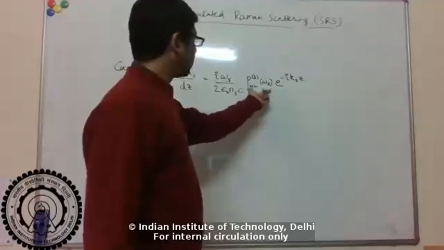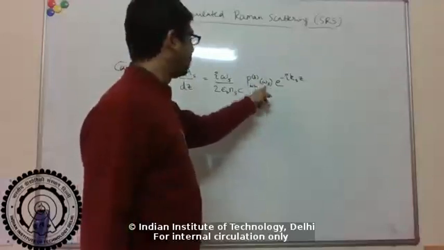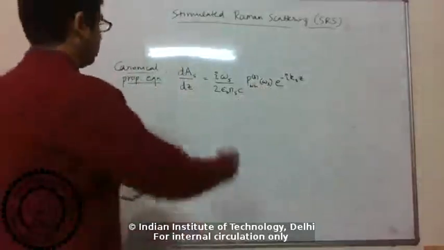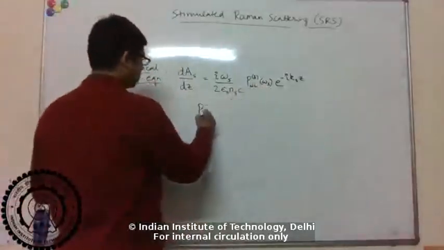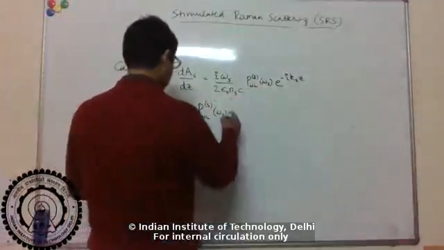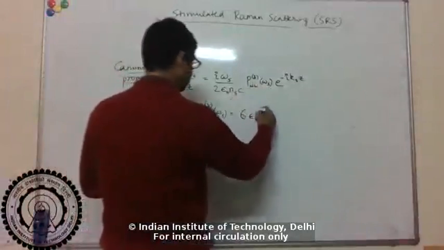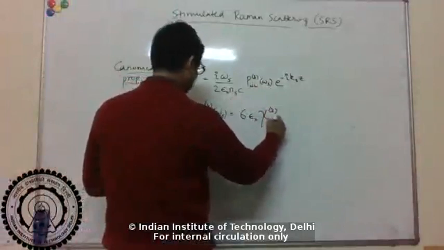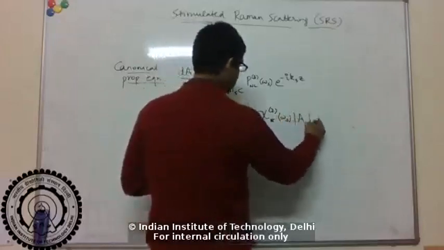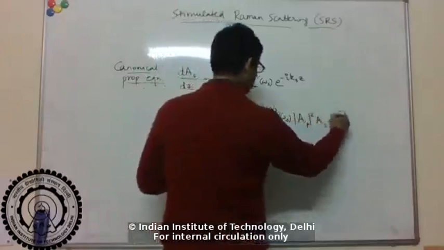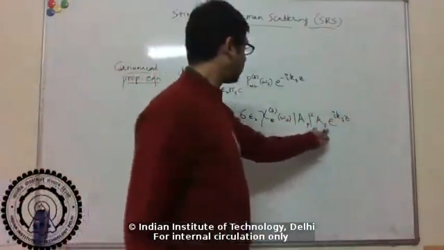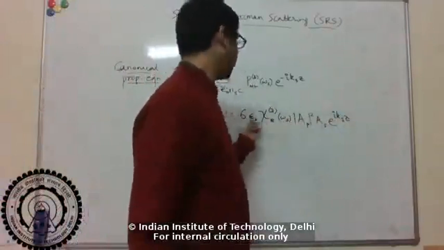Last class we derived this nonlinear polarization, which is, for example, induced at the Stokes frequency due to the Raman coupling. So we can just substitute that nonlinear polarization that we derived, right? So again, we can write this as the chi3 due to Raman. Right, and then the three fields were AP, AP conjugate, and AS, right? So omega P minus omega P and omega S gives you omega S,